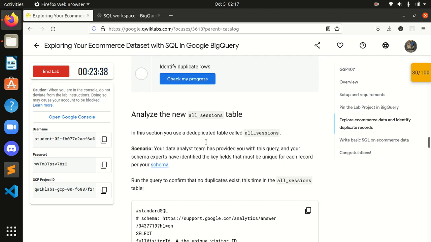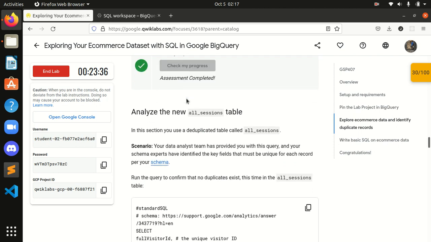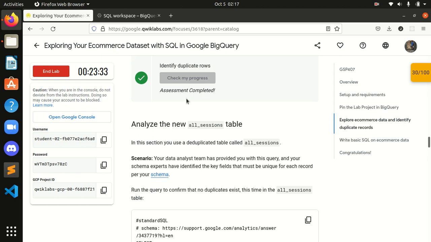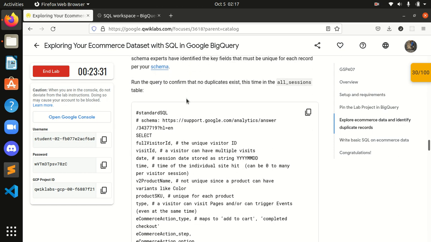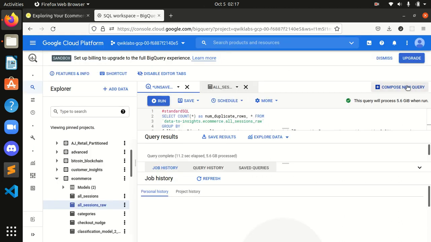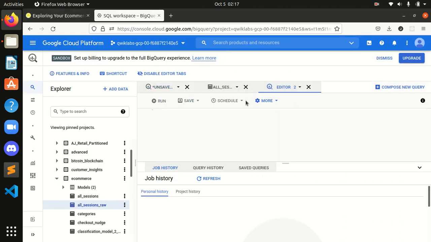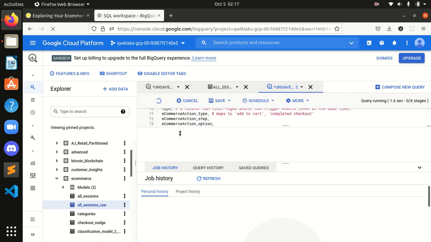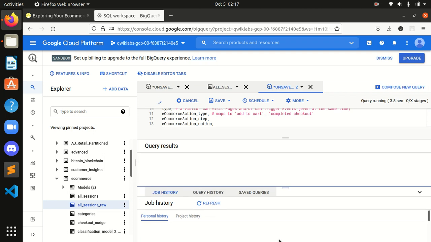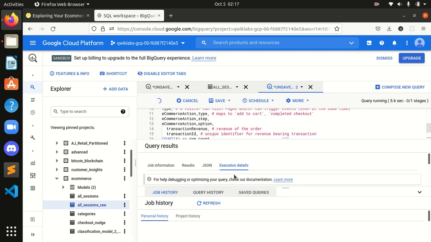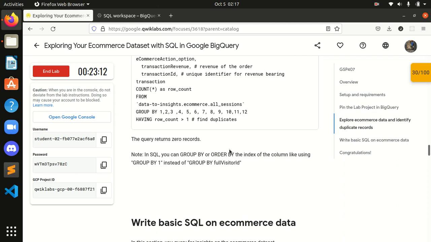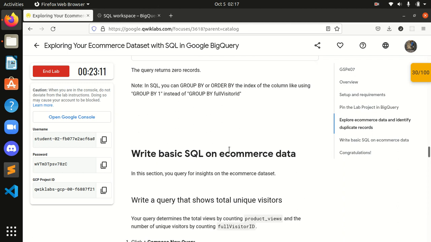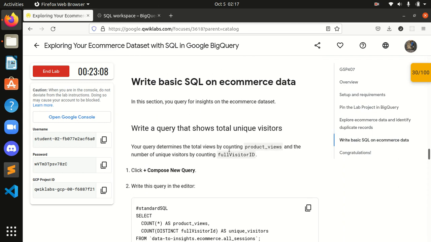I have verified, and now analyze the new all_sessions table. Now I will run this query in a new query. I will compose a new query editor and simply paste it and run this query. After that, write basic SQL on e-commerce data.